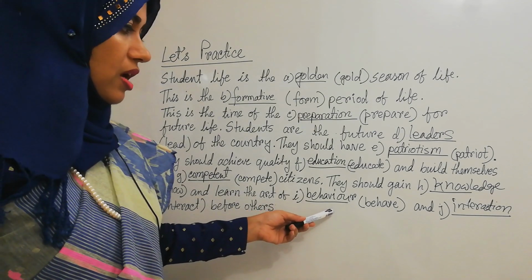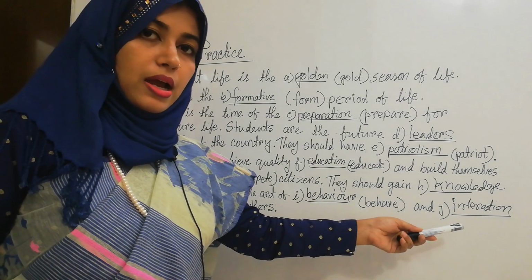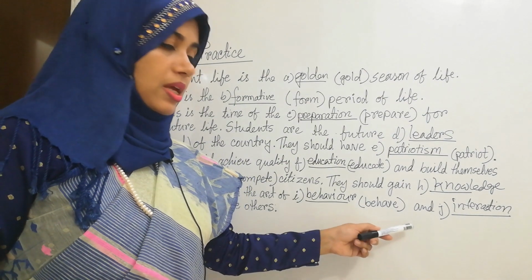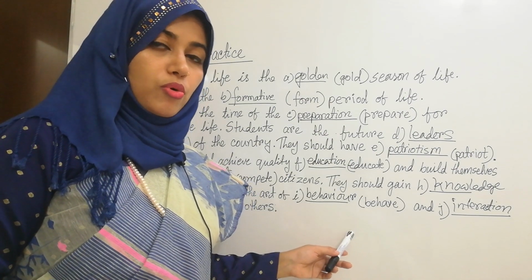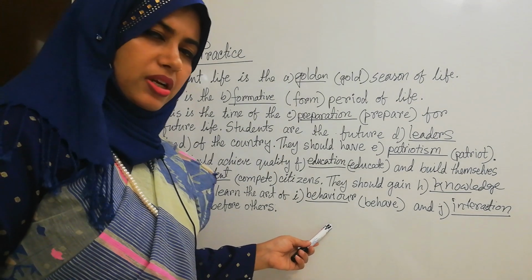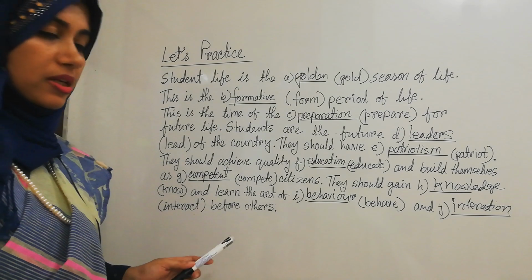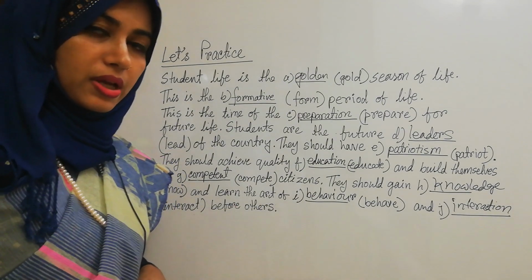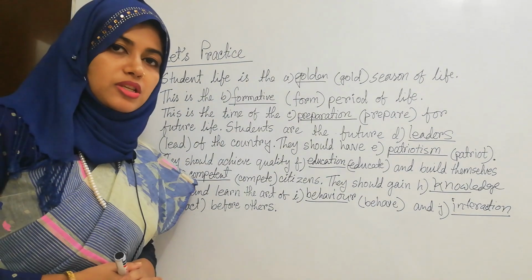So we have used noun form here, and obviously when we are adding two words with and, we have to follow the same form for both the words. Like behavior is a noun, so we have to use the noun form of interact, and that is interaction. Okay, clear? So this is the way of answering suffix and prefix.